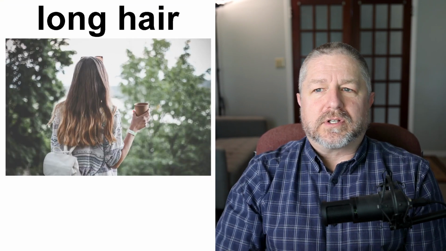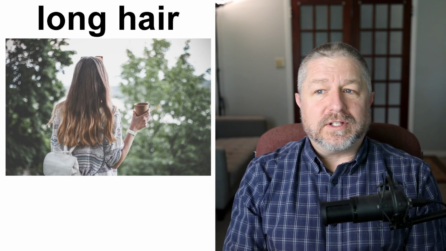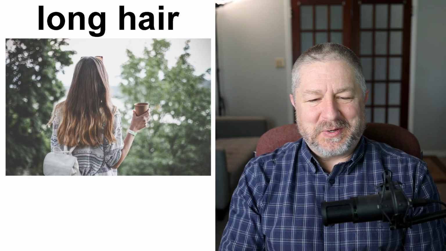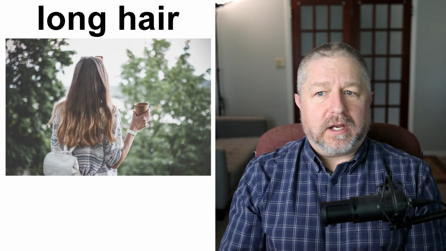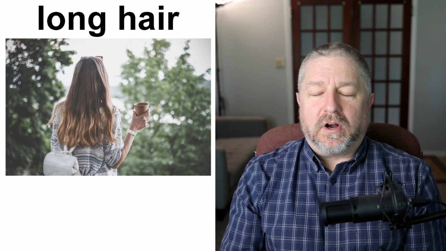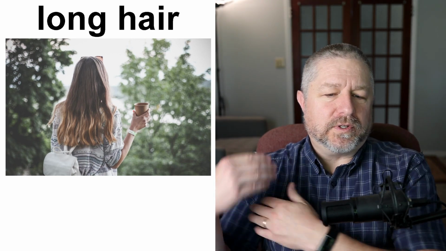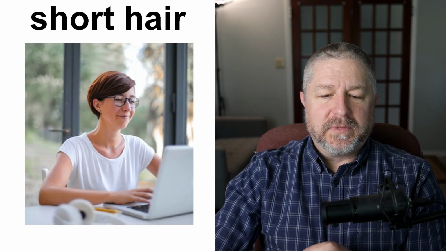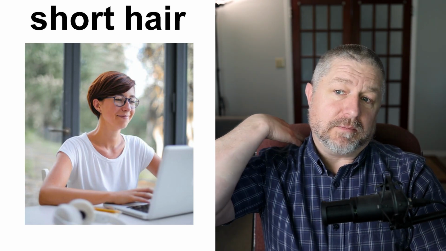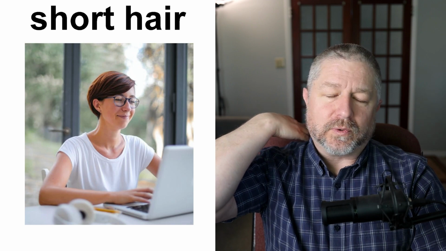So when you describe hair, there's a lot of ways to describe it, and I didn't want to spend too much time talking about it. You can say that someone has long hair. A lot of women have long hair. Some men have long hair. Long hair is any hair, I would say, that grows past your shoulders. So this person, I would say, definitely has long hair. And the opposite, of course, would be short hair. I would describe short hair as any hair that is above the shoulder or to the shoulder.